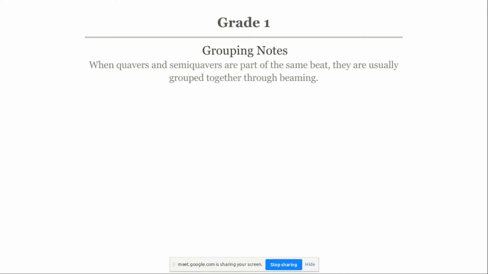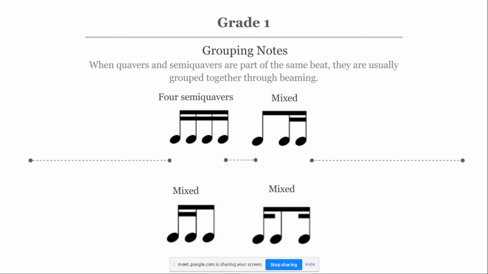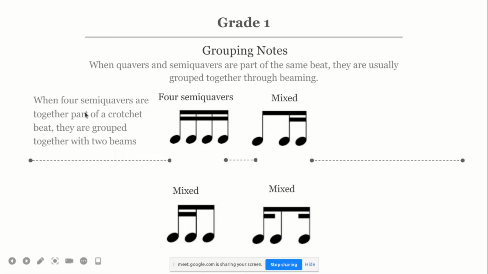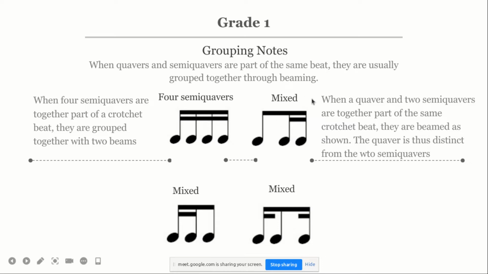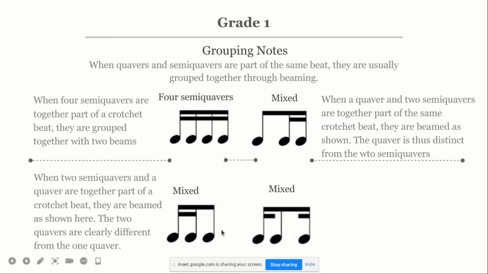So grouping notes, when quavers and semiquavers are part of the same beat, they're usually grouped together through beaming. Look at this, how 4 semiquavers are beamed together. As we said earlier, they are beamed together to form a crochet beat, and we can have them mixed. Look at the one on the right, top right. We have a quaver and 2 semiquavers, and it's very clear that the first one is a quaver and the 2 semiquavers are different from the quaver. Notice how the beams are used to separate them. We have another one that starts with 2 semiquavers and a quaver,